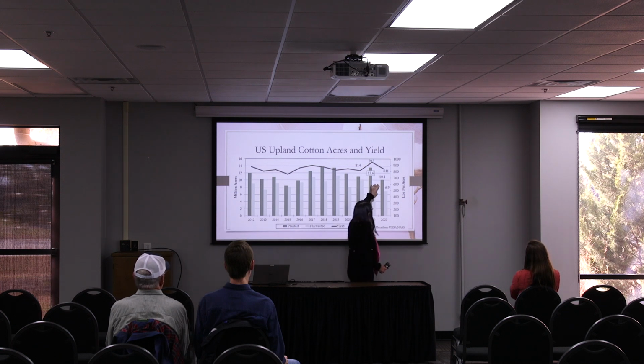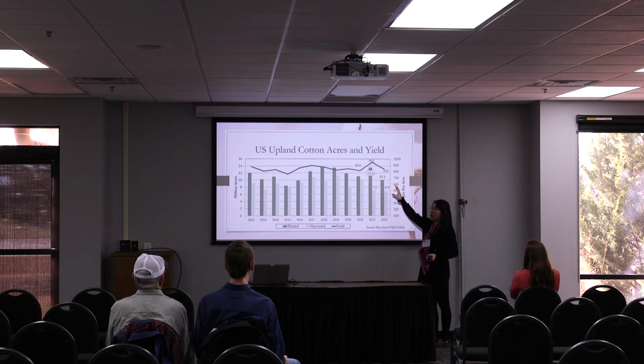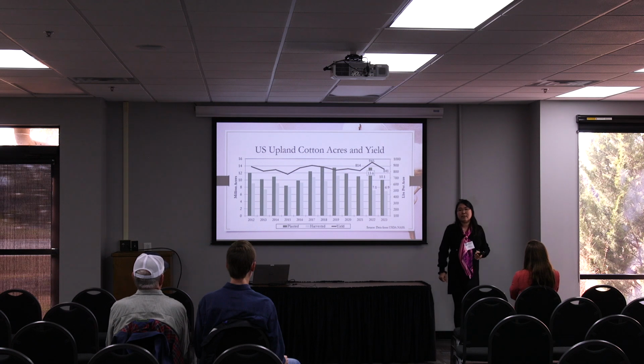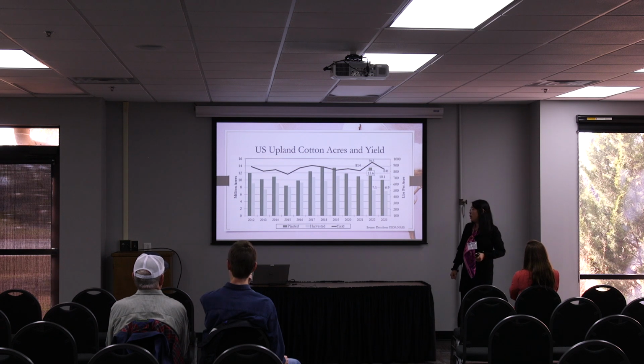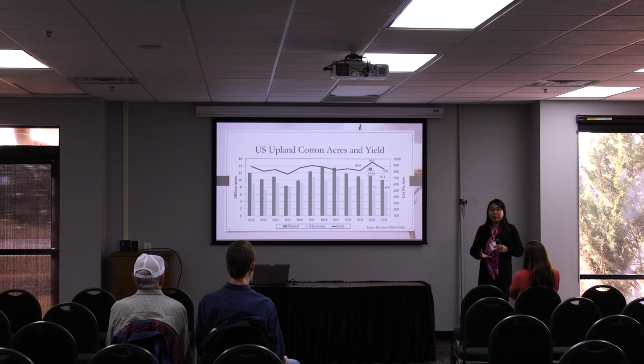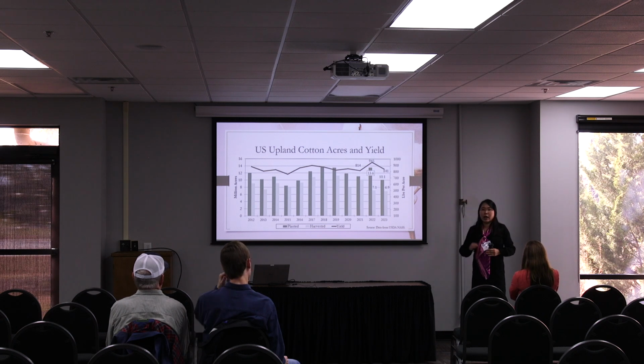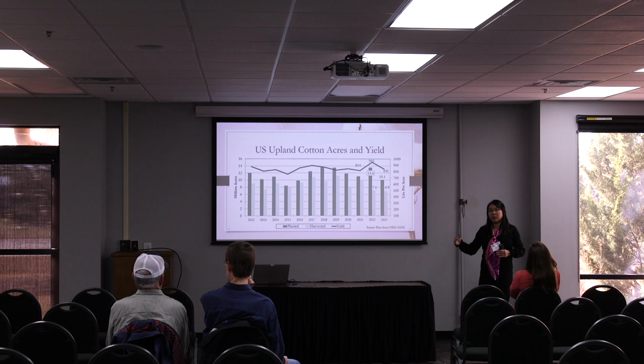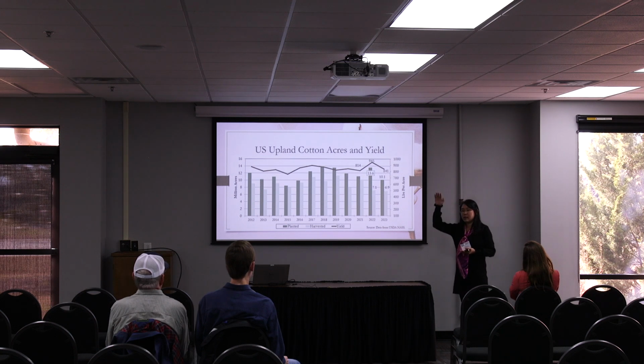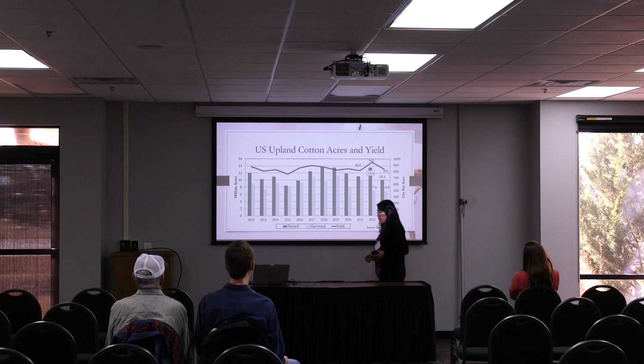One reason why there's a very big gap here, around 3 million acres, is because the Texas drought really happened, and there was a lot of abandoned acreage in Texas. That is the reason why in January, USDA adjusted its forecast of total US cotton production down to a lower level. And that is one of the reasons why we saw cotton prices jump from the upper 70 cents per pound to the middle of the 80 cents per pound, because of the limited supply.